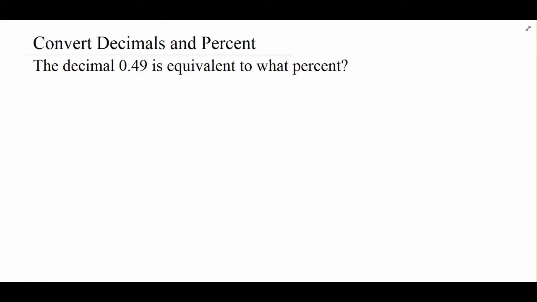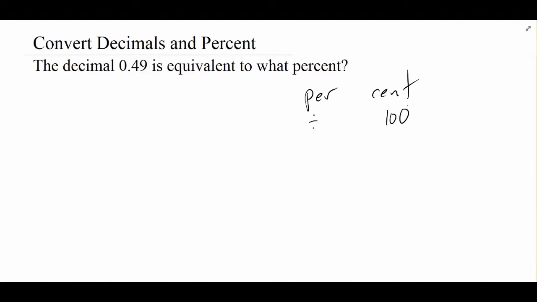We want to talk about the difference between converting decimals and percents. So, one of the things I want you to notice is that this word percent comes from two root words that you're probably familiar with, per and cent. Per means divide by. Like when you have things like miles per hour, you take your miles, divide by your hours. Cent, well, there's 100 cents in a dollar. The word percent literally means divide by 100.